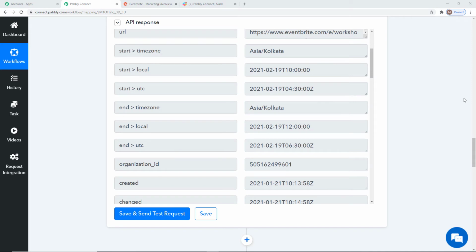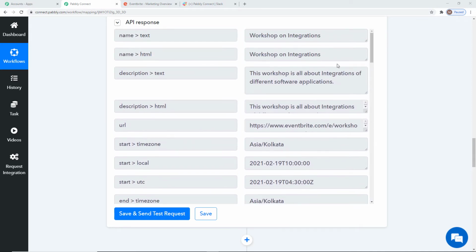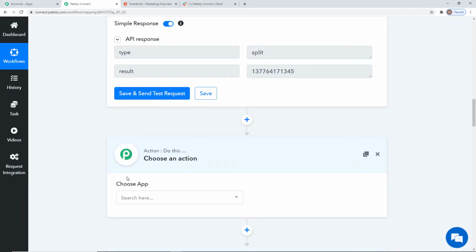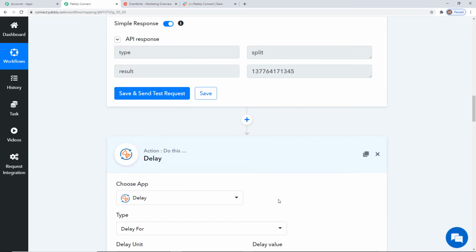So here the thing is that we are getting the description details over here, but the issue here is that the page where we fill the description comes after the page of the event created. That is why Pabbly Connect may not capture this description detail sometime. So in order to prevent this, we are going to make Pabbly Connect capture the data a little bit late. That is why I am going to add an action step over here. So here I am just going to use delay. I'm using this delay so that Pabbly Connect captures the information a little bit late so that the description of the event can also be captured by Pabbly Connect.